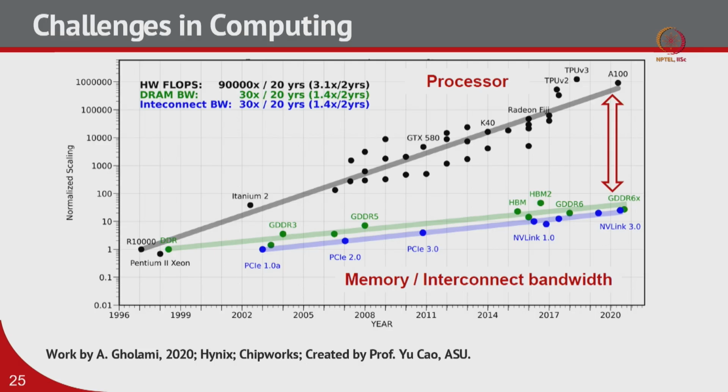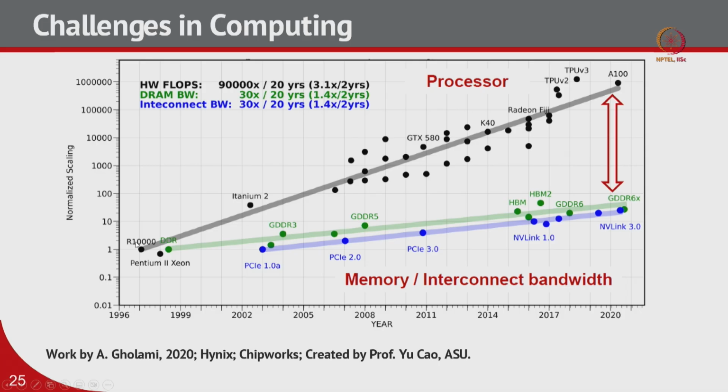Now whenever some company invents a new processor or brings a new processor to the market, usually they are measured by the number of floating point operations the processor can perform per second, right. That is the performance of the processor. Again, floating point operations you can think of as multiplication, addition, something like that. So all those are floating point operations, right. Now the gray line is showing how the number of floating point operations has increased in the past 25 years, right.